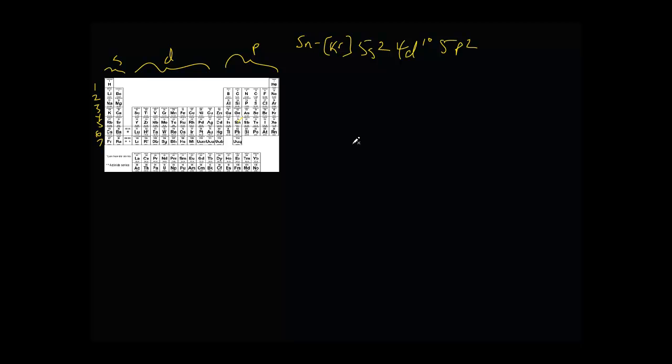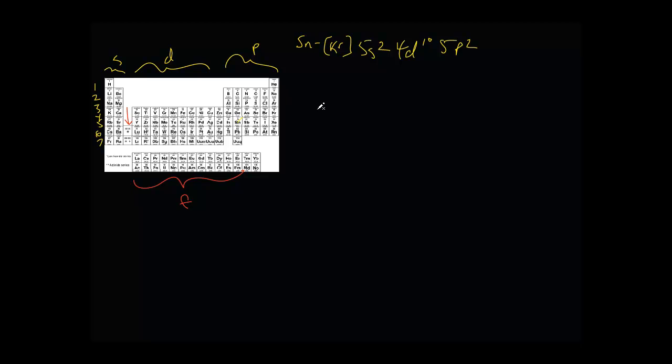Now, if we go to something in the 6th period, something happens right here, where it jumps to the f block. It's down here. And the f is actually going to incorporate itself into the electron configuration, just like the d did, but now it's going to be 2 energy levels less than whichever one you're in. For example, if you have something like, let's say,